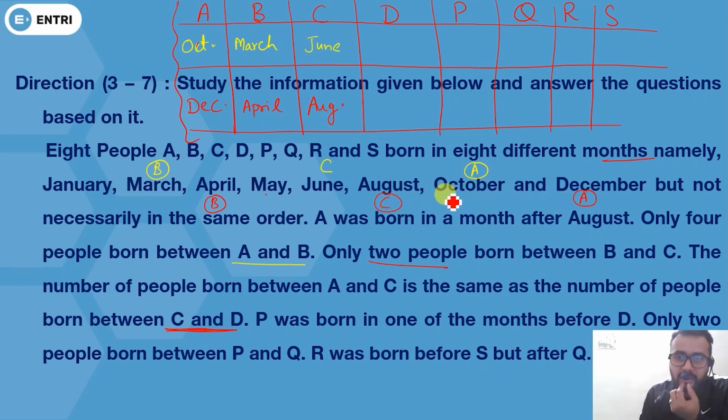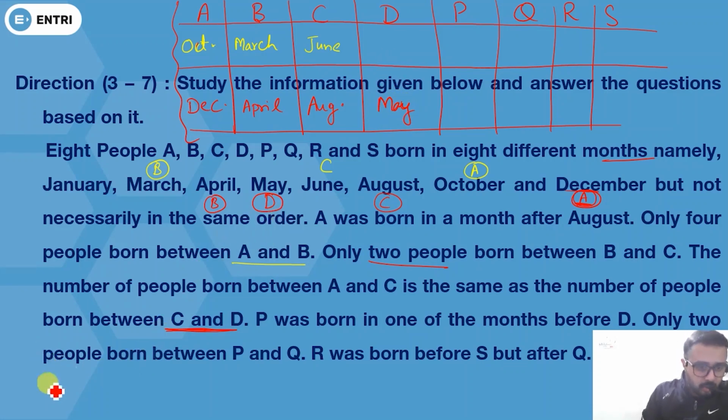Who is that? I don't know who that is, because by using red here, A was born in December, C was born in August. So between A and C there is 1 month only, October. So clearly you can write D in May. Okay, so D will be born in May.